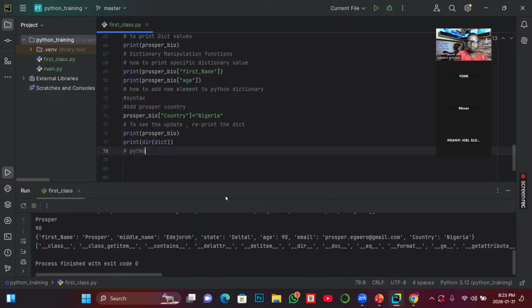Python sets. It's just like the sets that we were taught in secondary school. Sets, right? So what is a set in Python? A set is an unordered, mutable